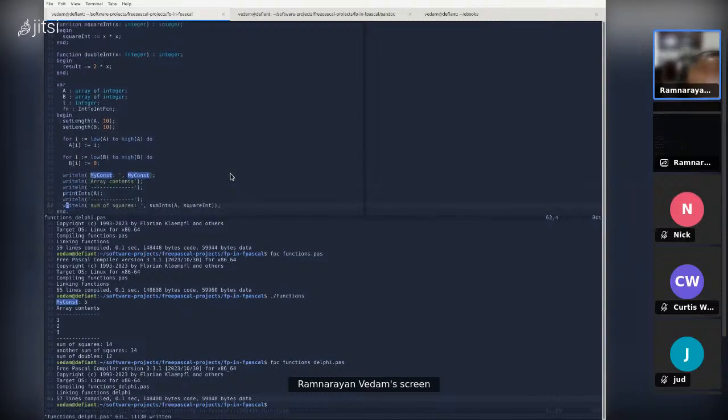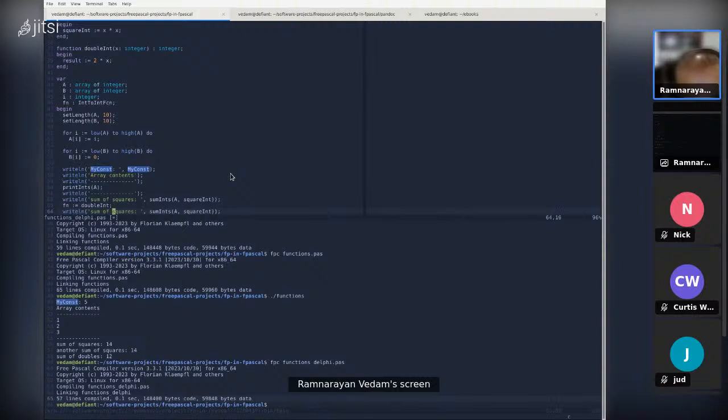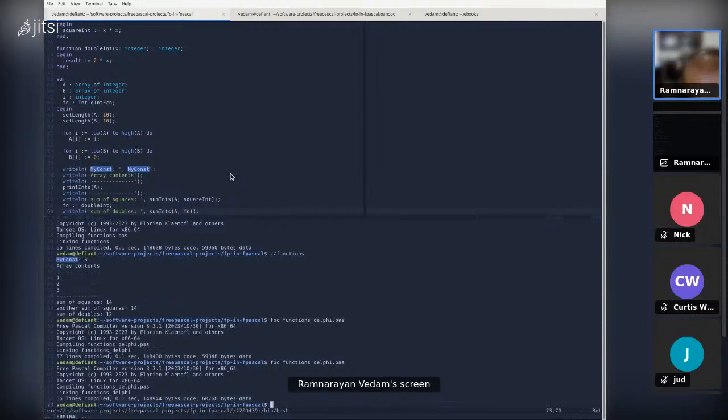Okay, so now let's see this. If I do f equals double int, and then do this sum of doubles, and we call the function on this, we run it, everything compiles.